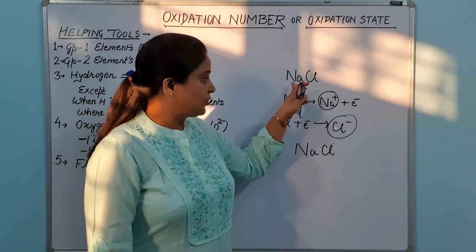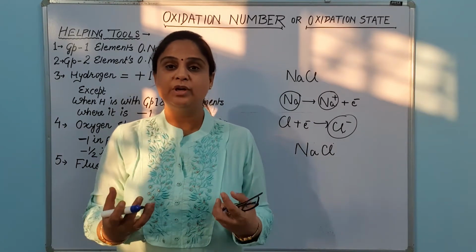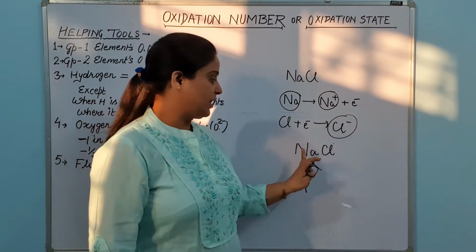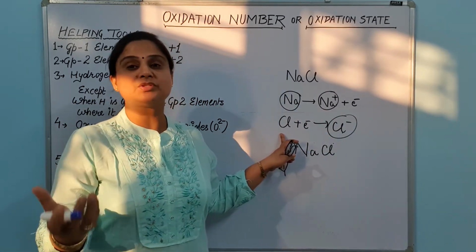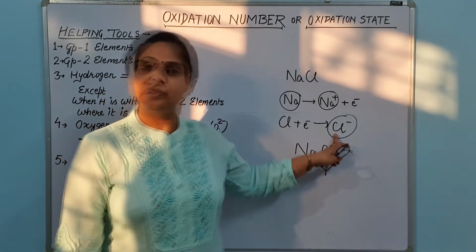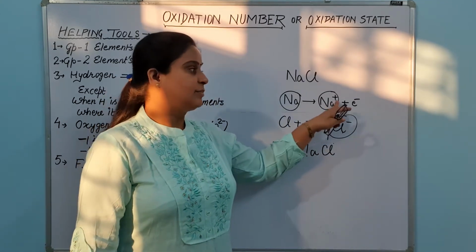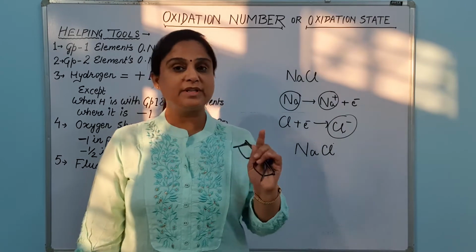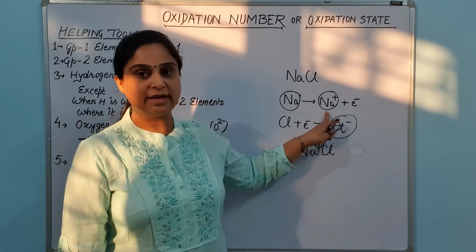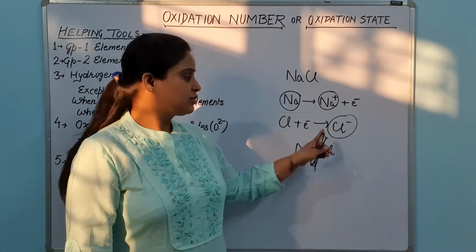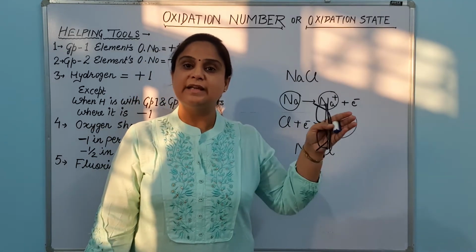So this sodium, which was having no loss or gain before, is now at the loss of one electron. And this chlorine, which was not having any loss or gain before, is now at the gain of one electron. Fine. So this loss and gain we are showing by using the charges plus and minus, because here the sodium is losing its electron completely, we convert it into ions, and here the chlorine is gaining the electron completely, so it is gaining a minus charge. Fine. So this is the state of these elements in this compound.